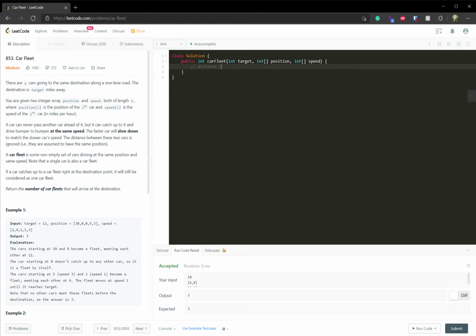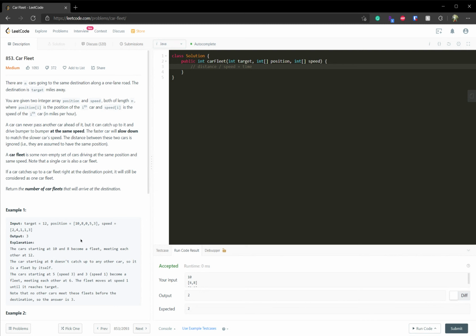Distance over speed is equal to time. For car 8, it's 4 units away from our target 12, and the speed is 4. So car 8 also only needs 1 unit of time to arrive at the destination, which makes them